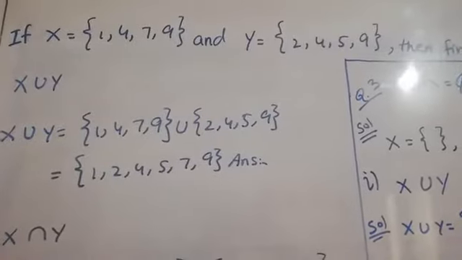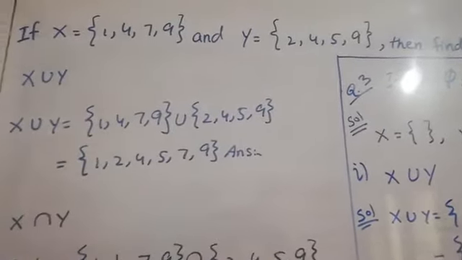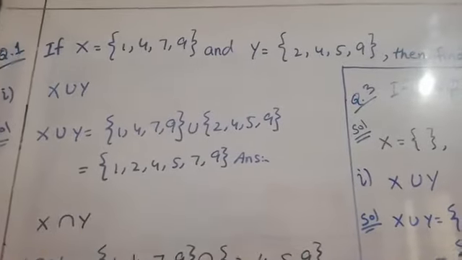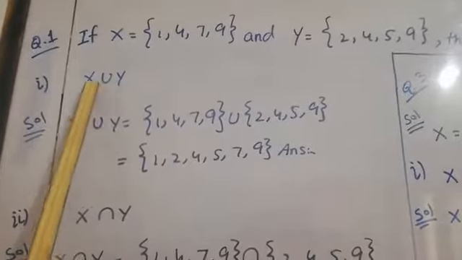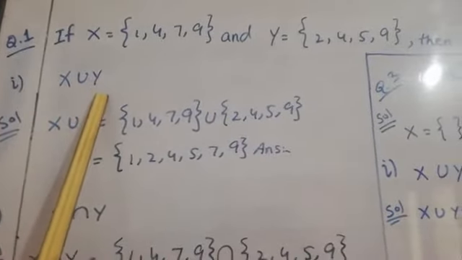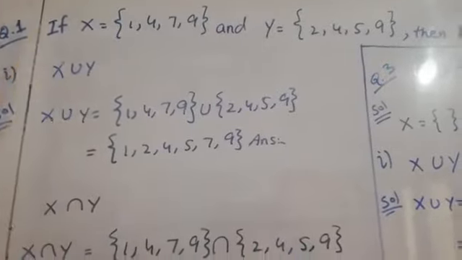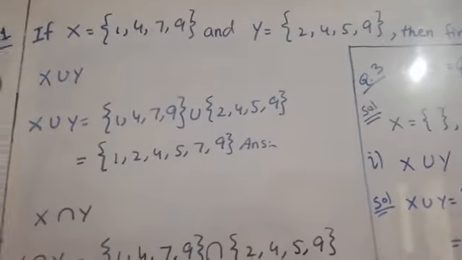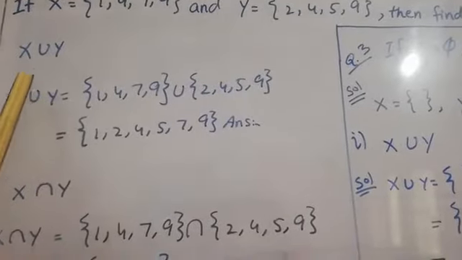And now we will discuss some operations on sets. There are some different operations we will discuss in this exercise. First of all, we will discuss the union. This is the symbol of the union, like this: x union y. If the union sign is present between two sets, then we will combine all the elements and write all the elements in a single set, like this one, x union y.